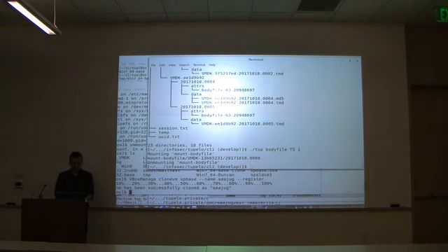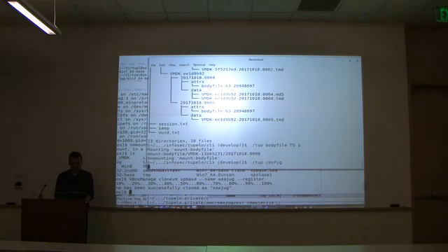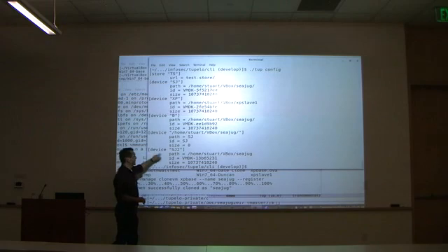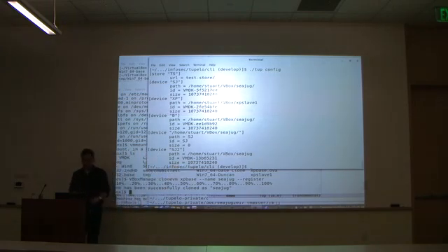Okay. So if I look at that on my host, can anyone remember what that was called? Tup config. So SJ2 is this one. That's one.